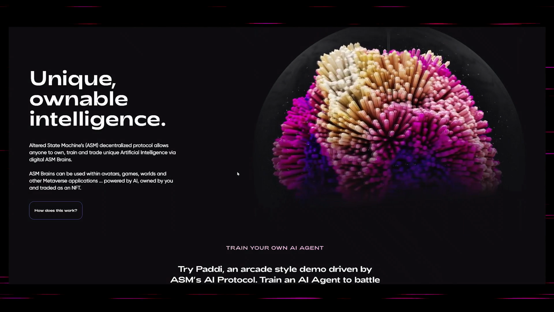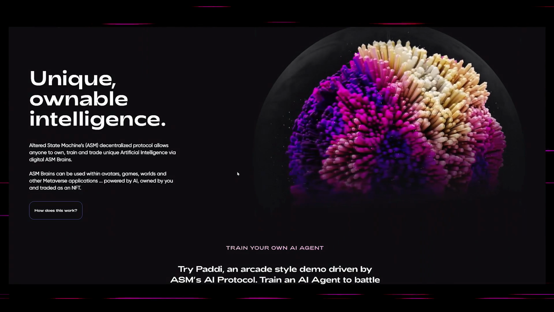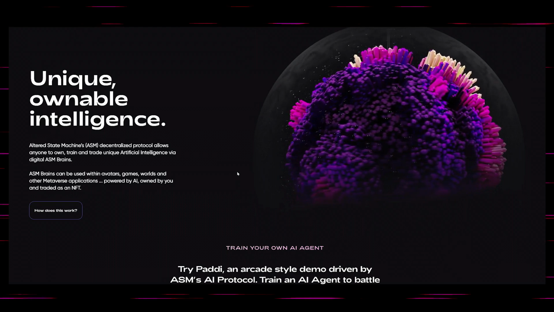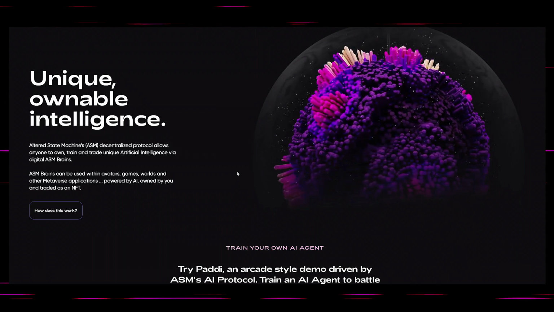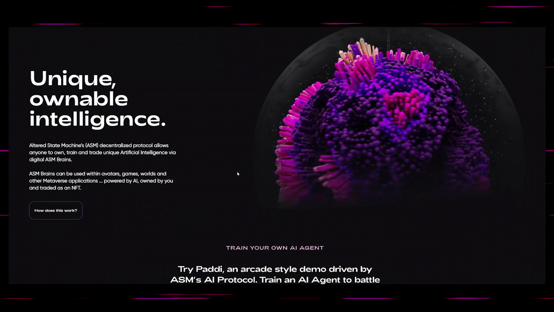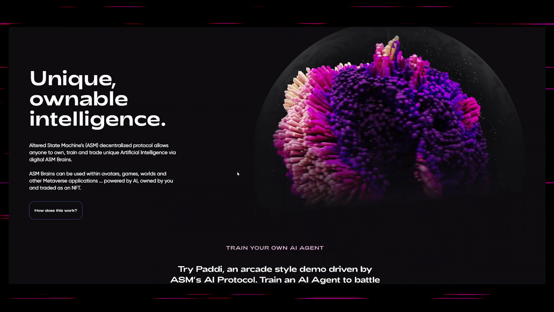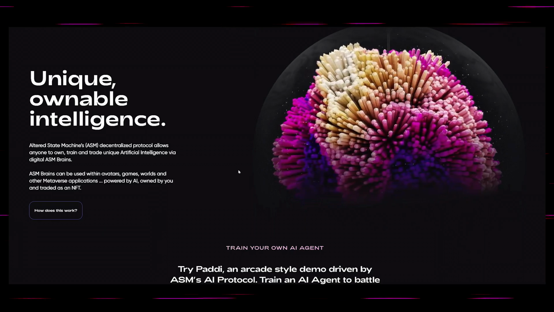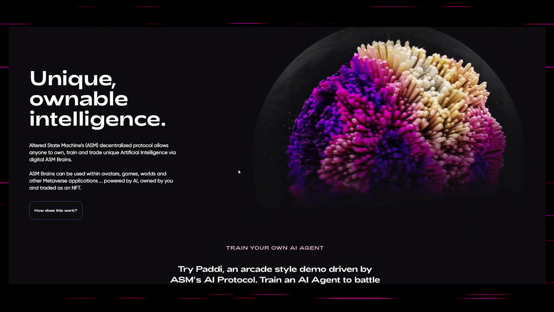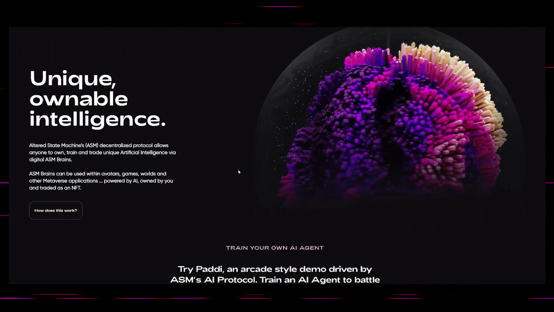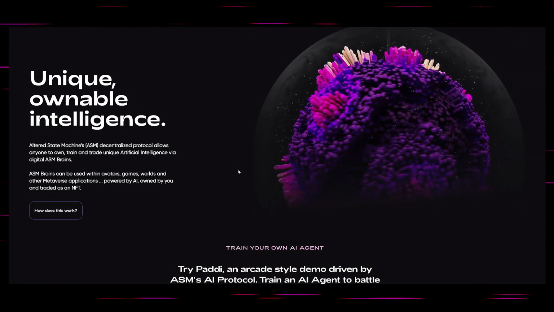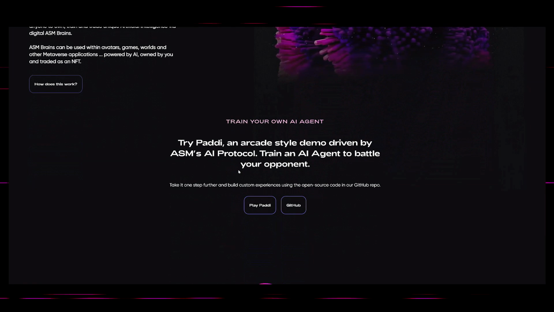ASM brains can be used within avatars, games, worlds, and other metaverse applications, powered by AI, owned by you, and traded as an NFT. So ASM and ASM brains are the AI element of the Futureverse ecosystem. I'm going to explain brains more as we move along here.